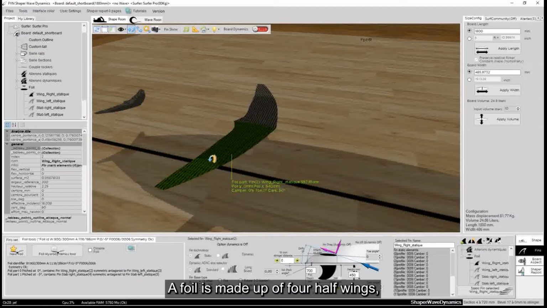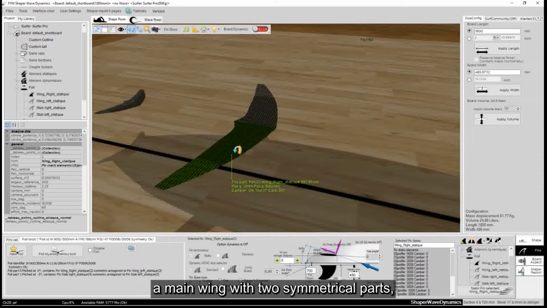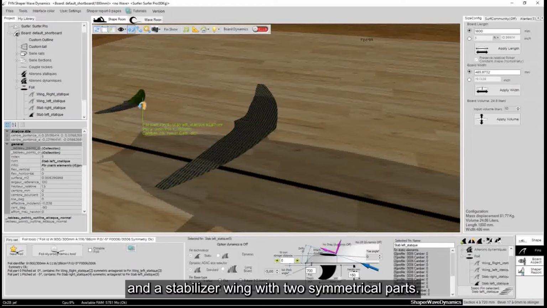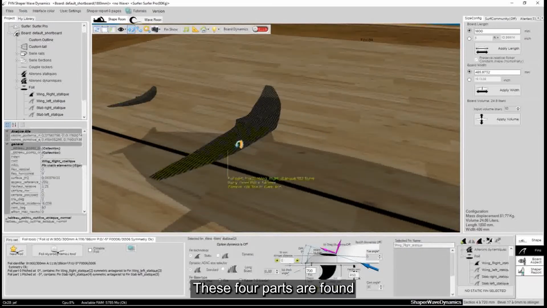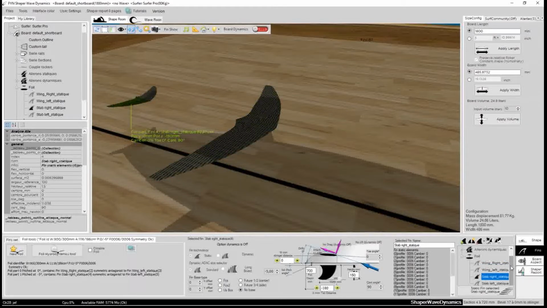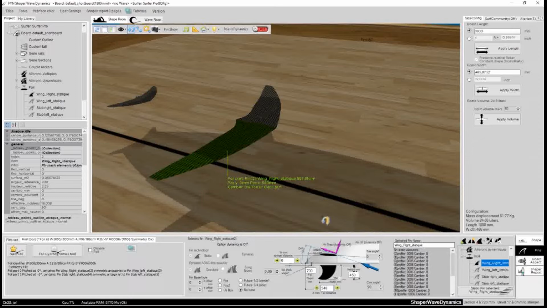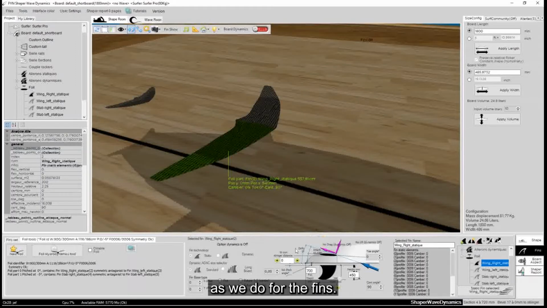A foil is made up of 4 half wings, a main wing with 2 symmetrical parts, and a stabilizer wing with 2 symmetrical parts. These 4 parts are found here in the fins. We can edit each of these parts, and modify the geometry of these half wings, as we do for the ailerons.